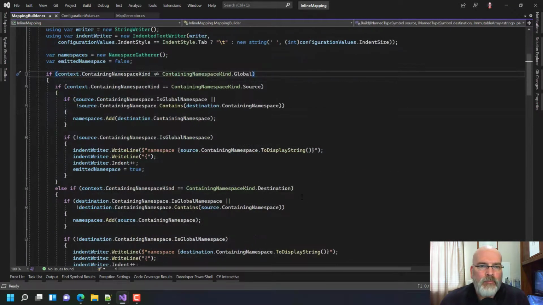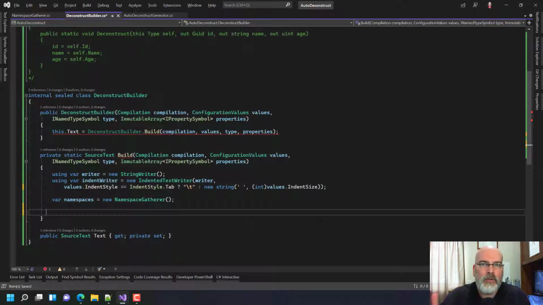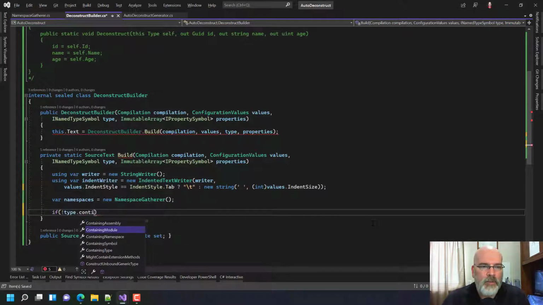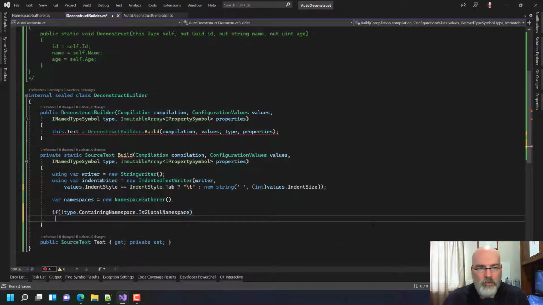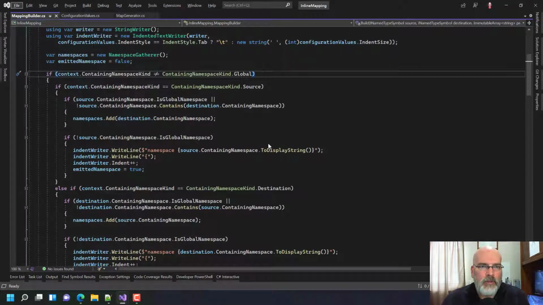So what's next? We're going to want to put in, well, yeah, we don't put it in a namespace. And this, okay, this is actually interesting because I think I'm also saying with this source generator, it's only for .NET 6 and beyond, which means it's C# 10, so that this is allowable. I'm not going to try to figure out what version you're on to say, are you going to do block scope or not? Okay, so what I will say is if not type containing namespace, if it's not the global namespace, then what we're going to do is say indent writer write line, where we're going to say namespace,